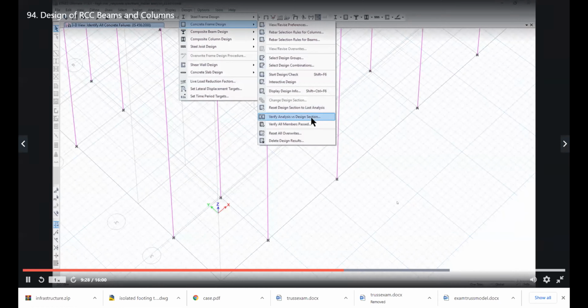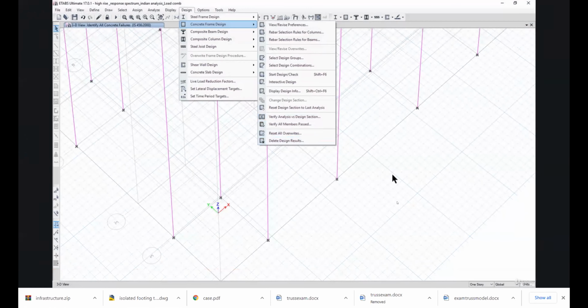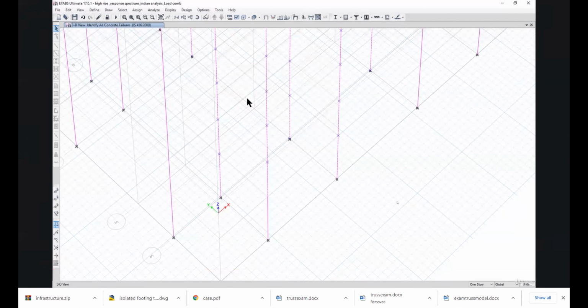Besides that, there are various other options. For example, we can verify analysis versus design section, verify all members passed, or delete the design results. So now we should change our focus from columns to the beams. That is,